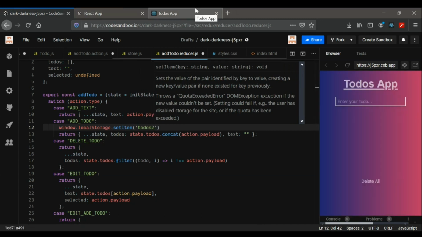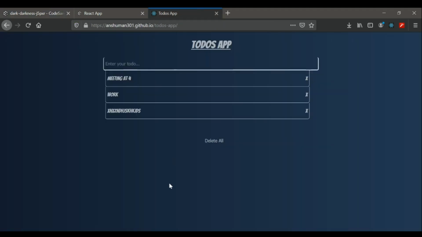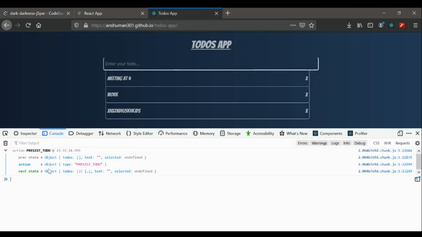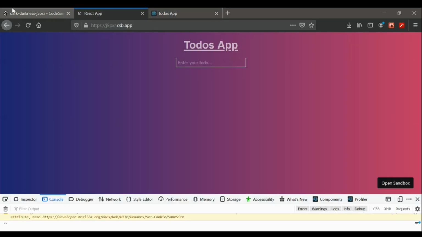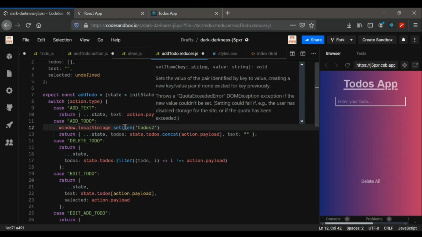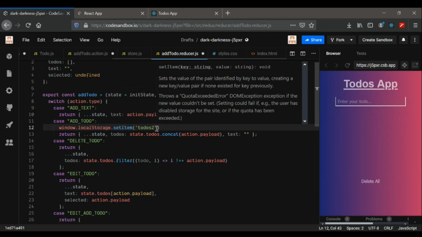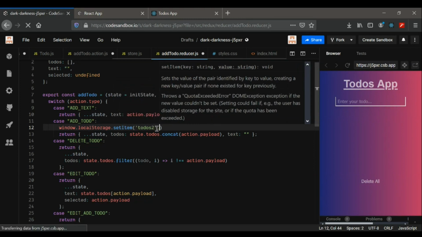Okay, I haven't talked about what this local storage means. So just go to your console, and in your console just type in localStorage. Local storage, you can see in here that I have got some storage, the previously made storage. So it's the same thing that we are using in here. So back to your code, and I have used this window. So in here I'm going to use it,